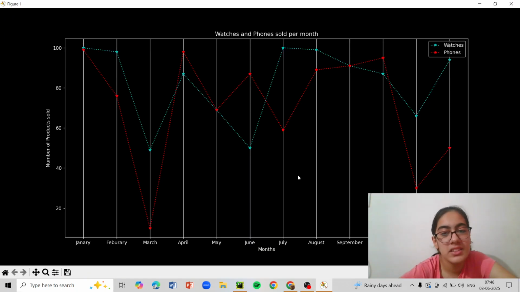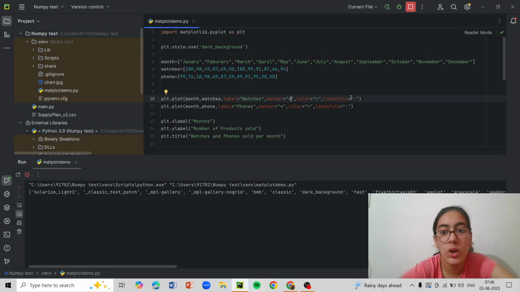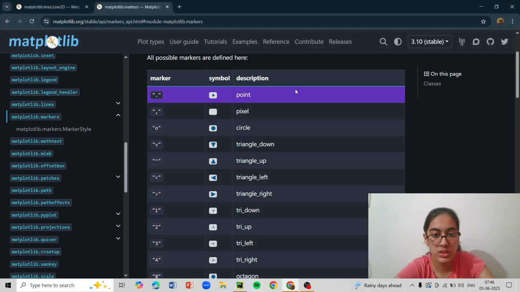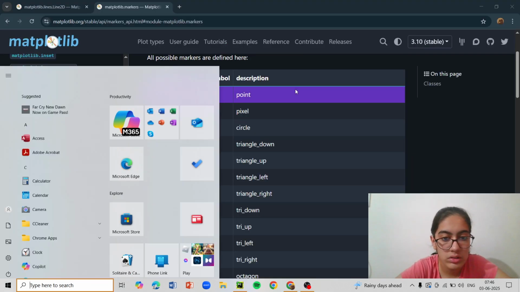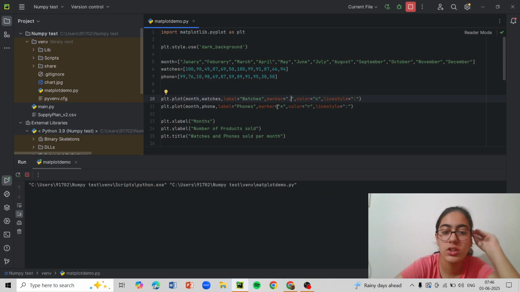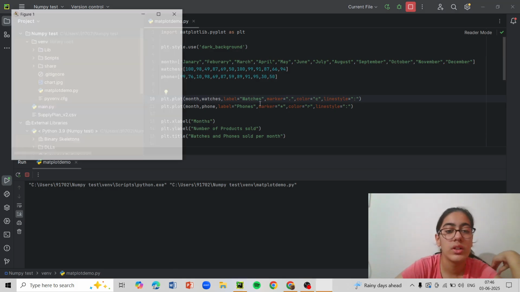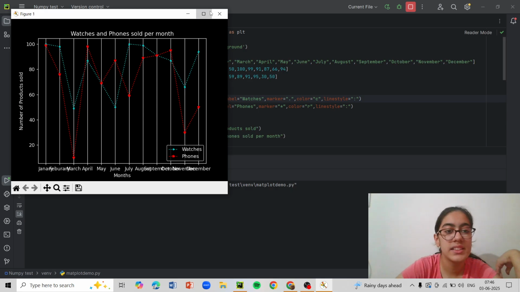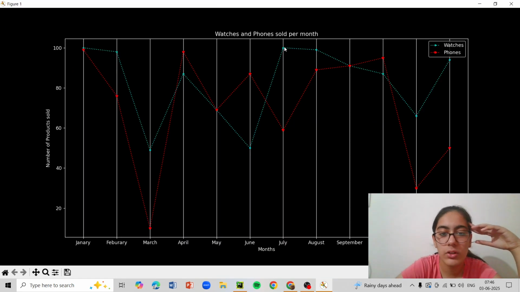I put in star because it just looked good. Now I'll put in dot. Okay, let's say I put in dot. So no star. I need a dot. So instead of star in watches, it should come dot. Now here we are. As you can see, instead of star, we have now dot.